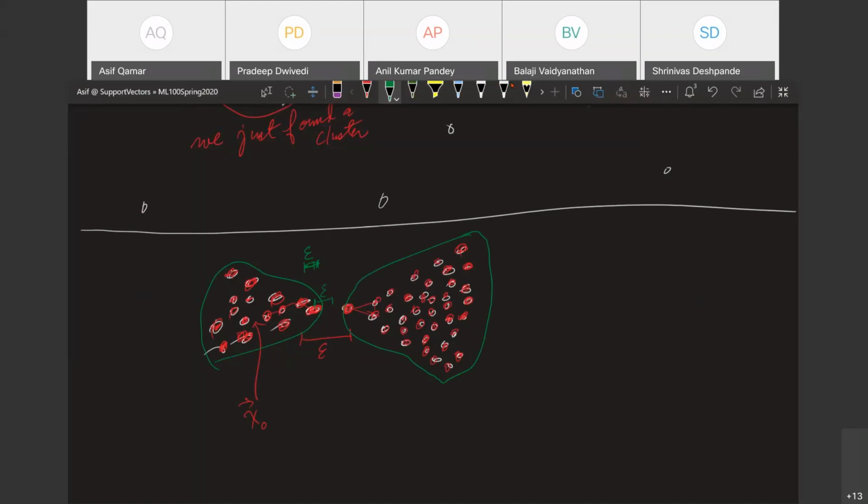If you start here and you fan out, the only question is: is this point within epsilon? Let me name these points alpha, beta. Is beta within the epsilon neighborhood of alpha or not? Alpha is certainly a boundary point. It doesn't have enough neighbors. But are alpha and beta reachable from each other directly?